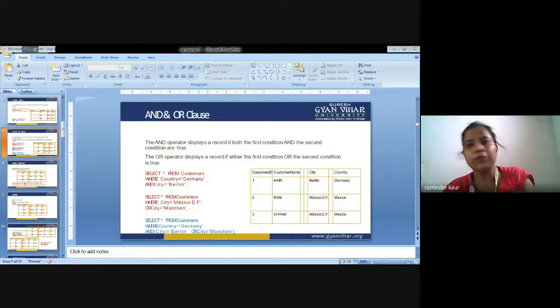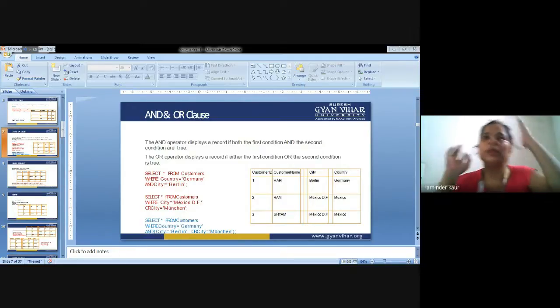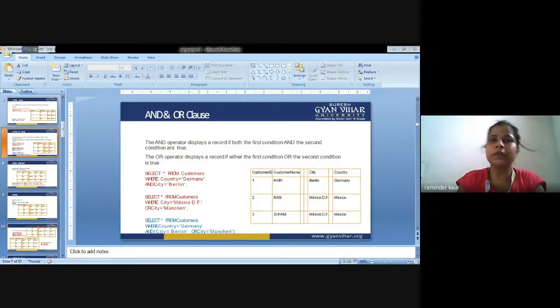Obviously there will be two conditions, and we are supposed to filter on the basis of either this condition or this condition.